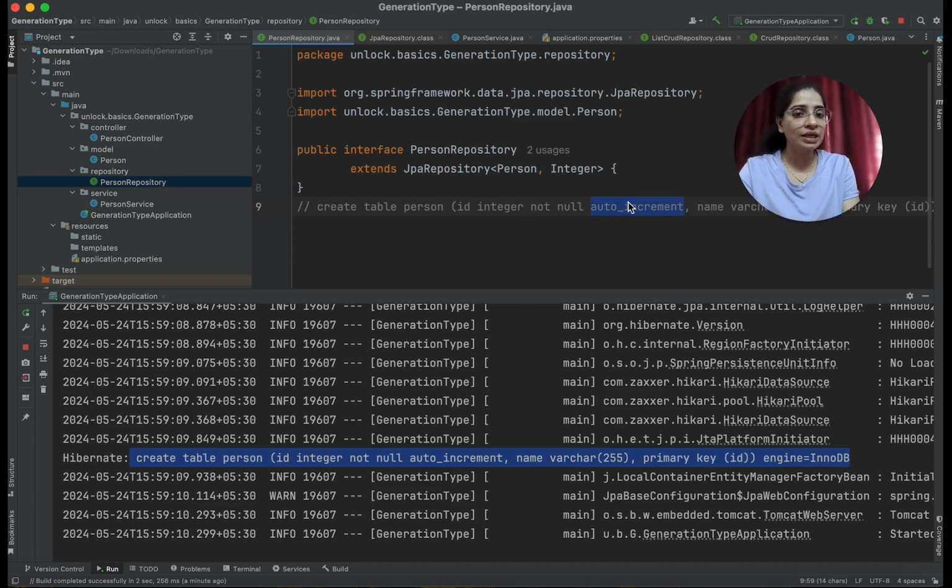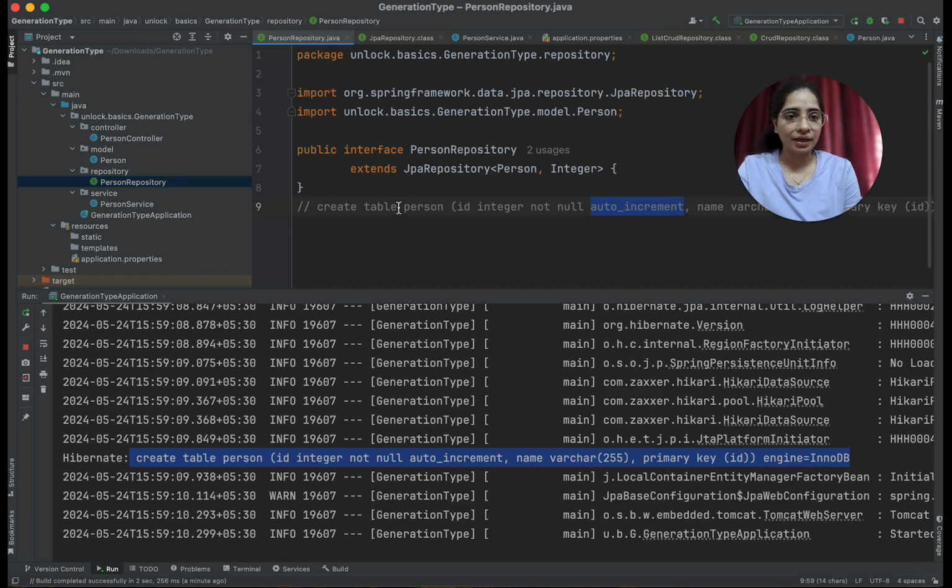Whenever you are putting some data into the database, the value will be picked up from the database and auto incremented by the underlying database, and it will be set back to the database for the new row. Identity generation type will be taken care of by the database, but not by JPA and Hibernate.